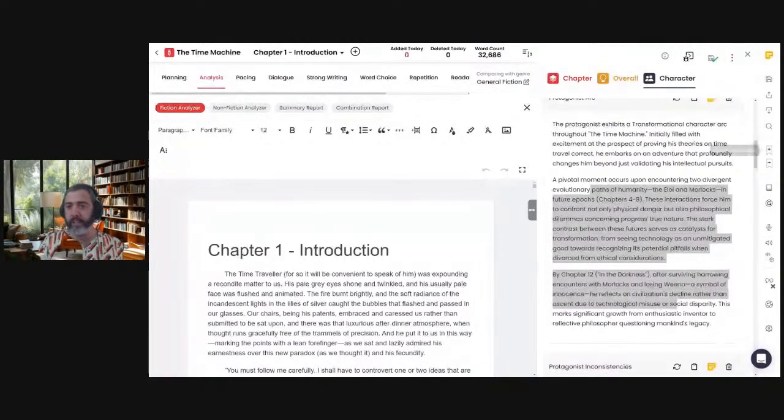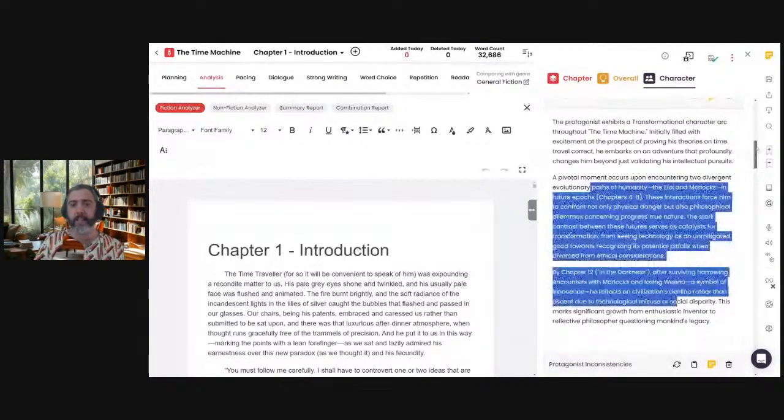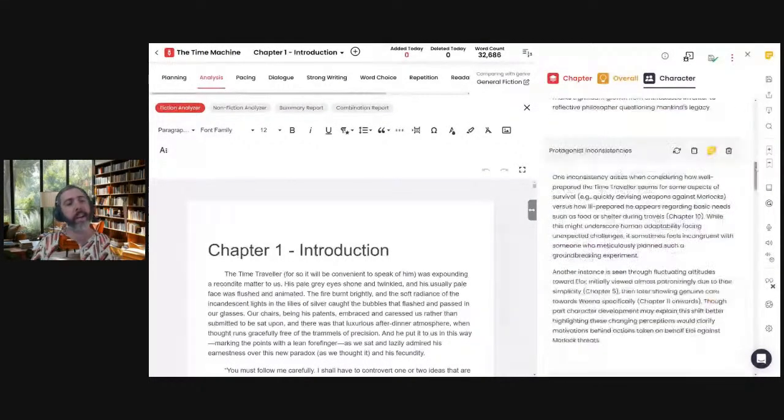All right, let's look up. So we have inconsistencies. This looks at the whole work and tries to find some inconsistencies throughout. Some of them, again, might be intentional, it might be subjective, or it might be based on the circumstances, right?